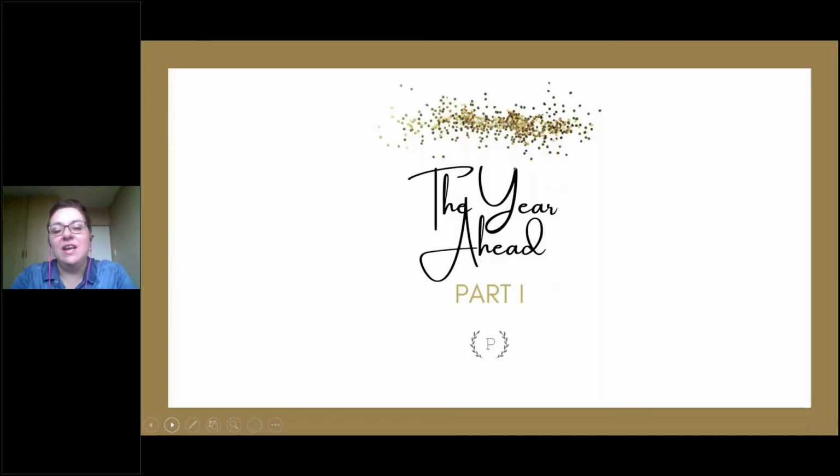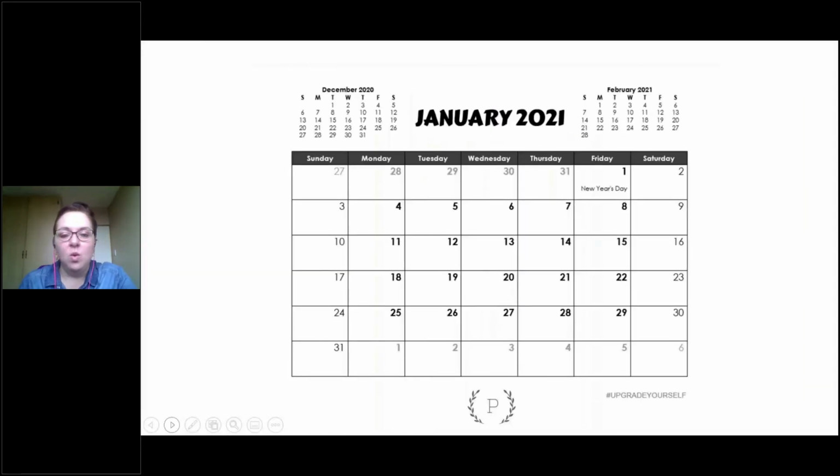So the first divider you'll find in the planner is the year ahead. Now, if you've got a gold themed planner, it will look like the one I'm showing you. But for example, the black planner has a silver accent on this page. You're going to have your normal